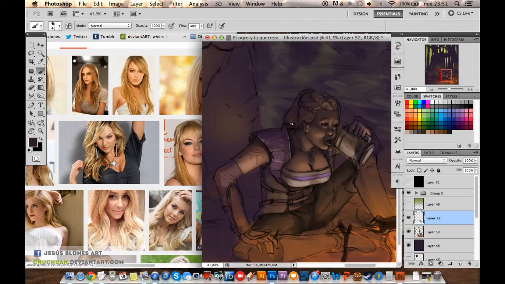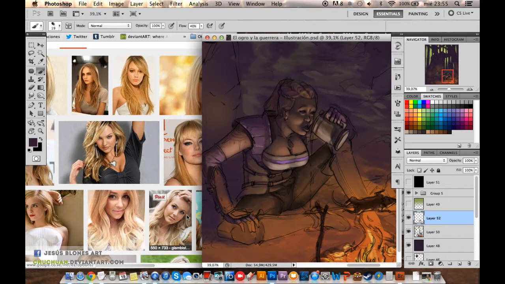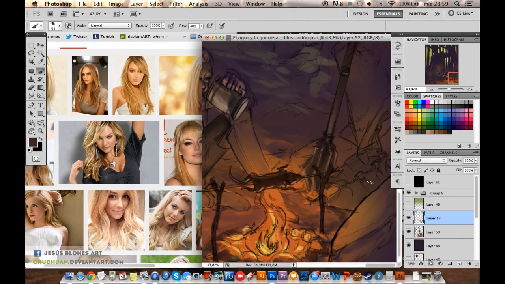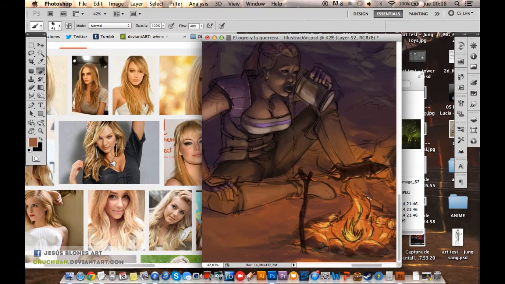And with the colors, as you can see here, I'm throwing some really different colors because I'm not focusing on the details right now, because that part is gonna come later in the illustration.